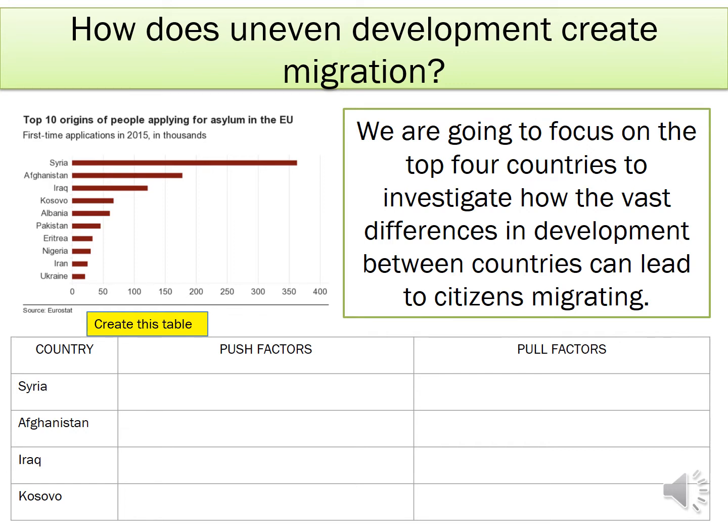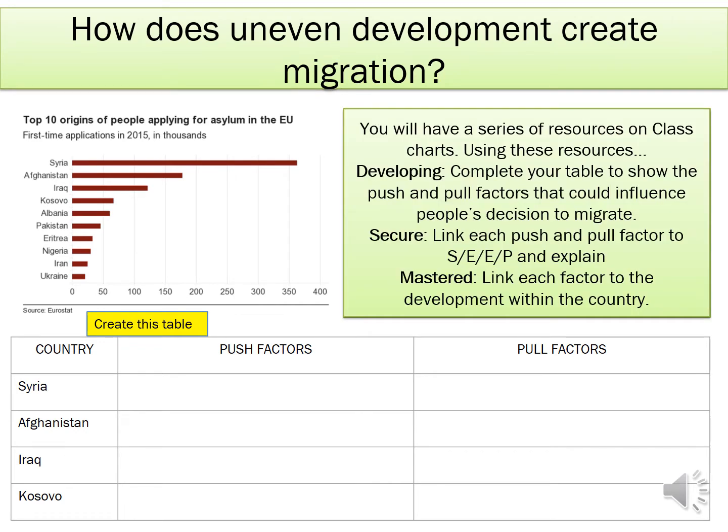Now that you've created that table, you're going to use a series of resources which are located on Class Charts, and you're going to use these resources to fill in the table that you've just created. For developing, I want you to fill in a push and pull factor for each country. So a push factor is something that pushes you out of your home, something that makes you want to leave. Generally it's something that forces you to leave. And then you've got pull factors that pull you in, that are good things, positives that make you want to